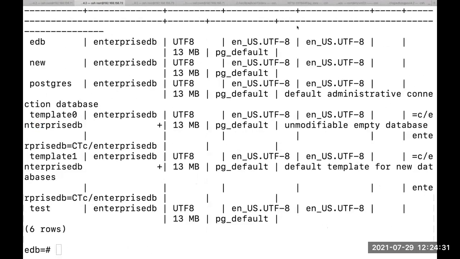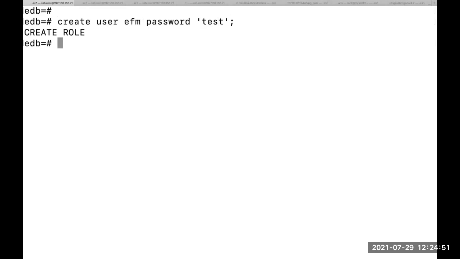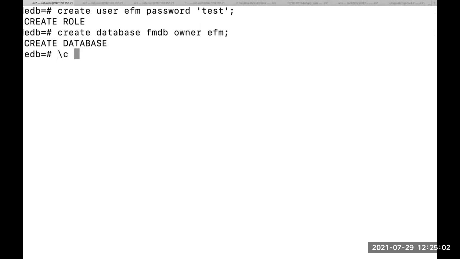To start with, let's create a non-superuser and database for EFM on the primary server. Switch to the primary server, clear the screen, create user efm password test. Create database efmdb owner efm. Connect to the efmdb database,